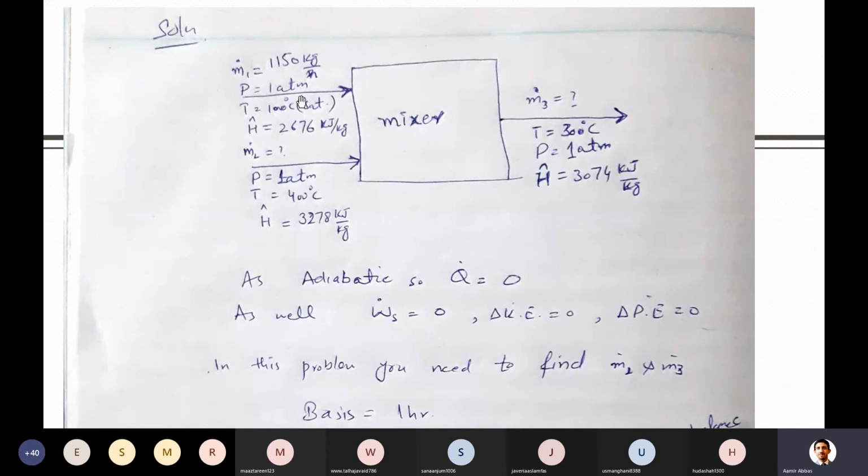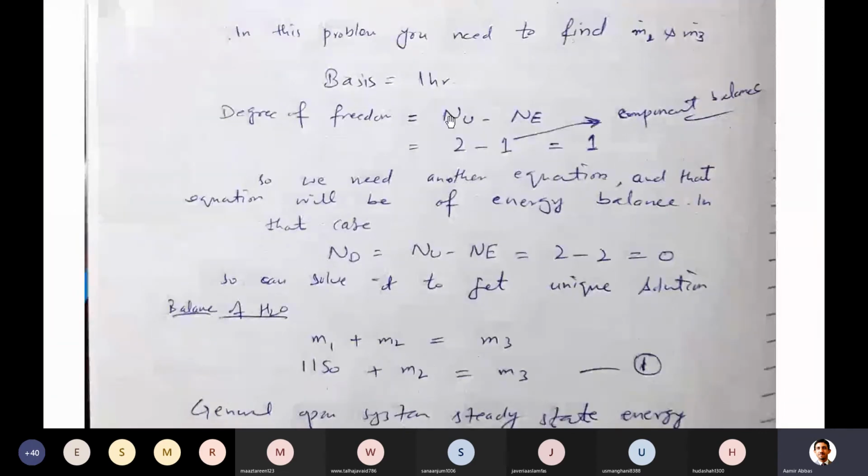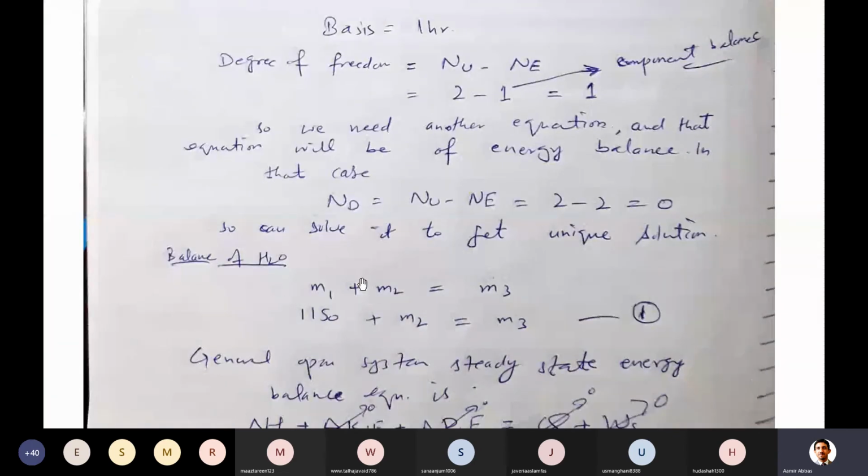But suppose I give you the question and I say, okay, 10 kg of this steam is accumulated in the system, so then definitely there will be an accumulation term. Then it will not be so straightforward. Input will not be equal to output. Definitely you have to include accumulation, but here there is no information about accumulation, so you will take it as a steady state.